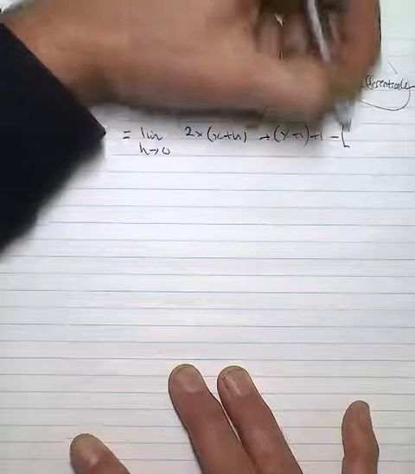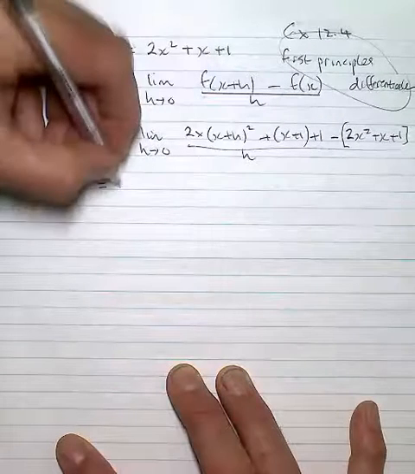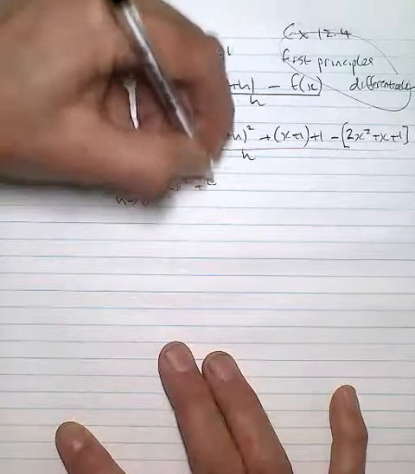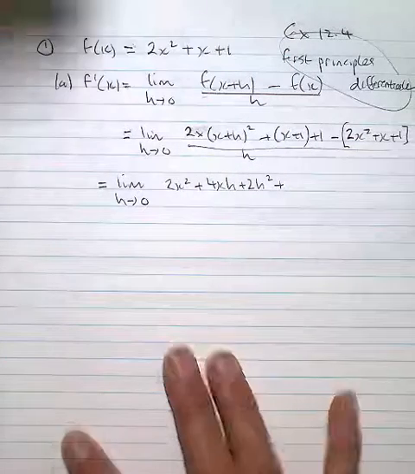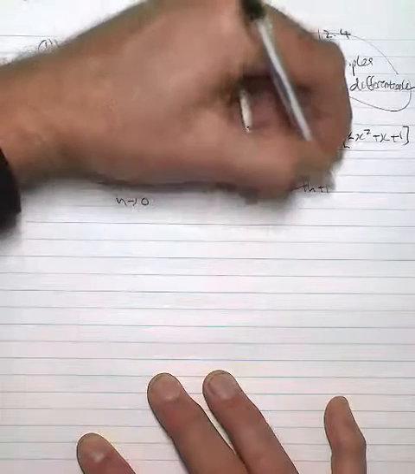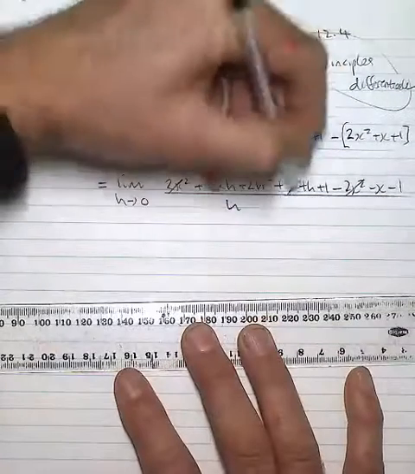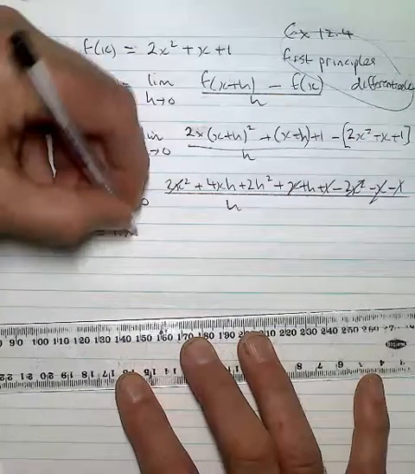So what that means is, each time you see an x plus h, replace that for the x. And we'll take that from 2x squared plus x plus 1. That's all over h as h approaches 0. So doing the expansion, all over h. Gathering all that together,